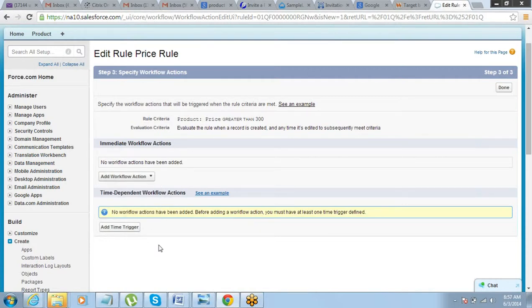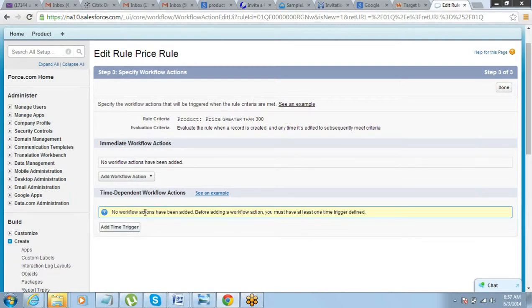Let's say 8 hours after the record was created, you want to send an email, or 2 days after the record was created. So that is where you have to add a time trigger, and based on that time trigger you can define the time dependent workflow actions, right? So any actions you define here will be the immediate actions.